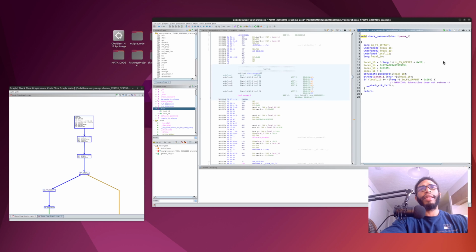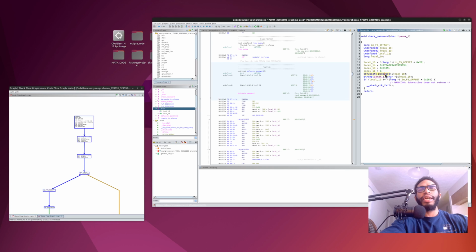We can click on that, and it's going to take us to the decompiled check password function. We can go here and see that there are 4 local variables, and then it calls the obfuscate password function and does a string comparison. If the local 10 here is not equal to the other local 10, then we get a fail. In this case, we don't get to see that, but we can check the obfuscate